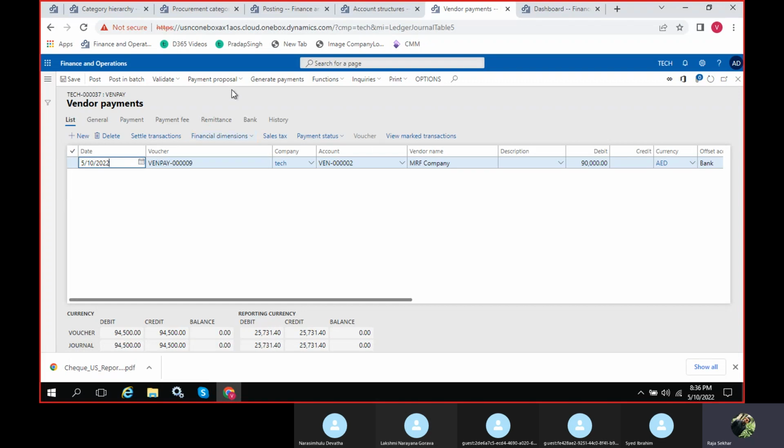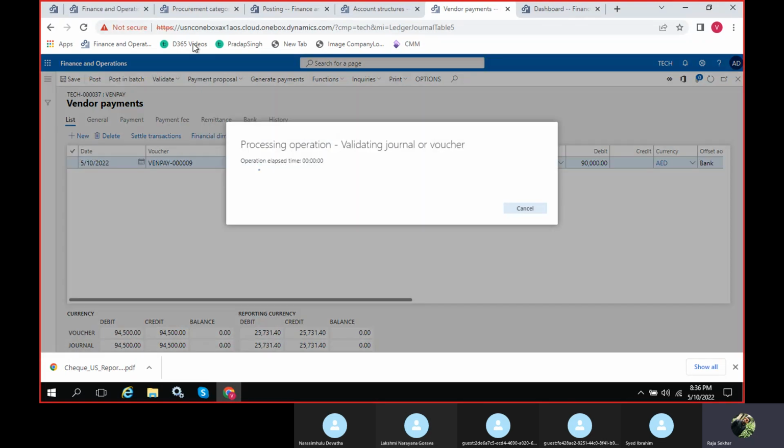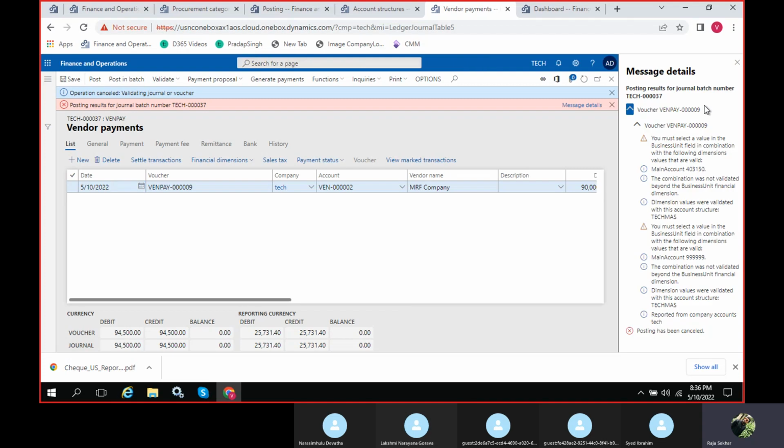That is what even your error is saying, right? The first place, what is it saying? Combination of business unit. Business unit you kept as mandatory.